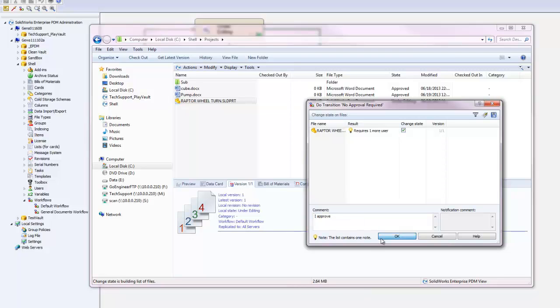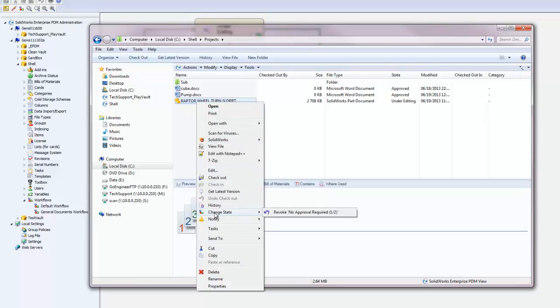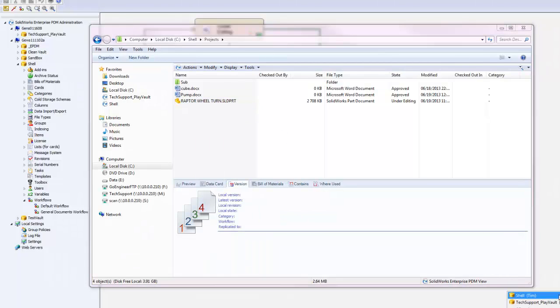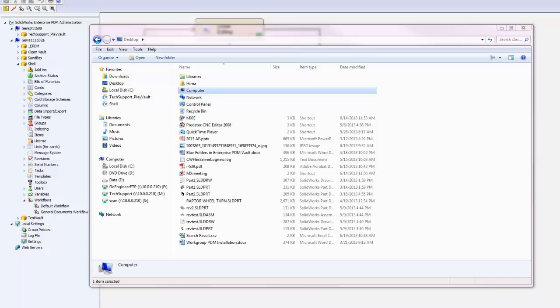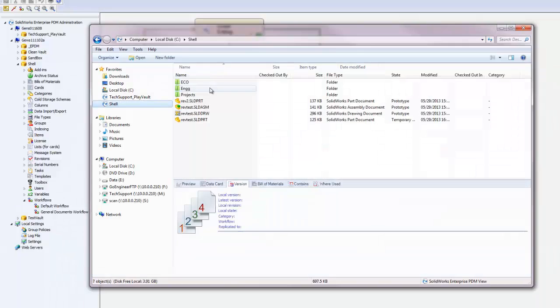I entered a comment and I hit OK, and you can see that the state is still in the same old state, under editing. And if we go back to change the state, it shows that it has an option for you to revoke your approval. So that said, if we log off as the user Tim and log back in as a different user who belongs to the same group as we specified in the role, go back to the vault,